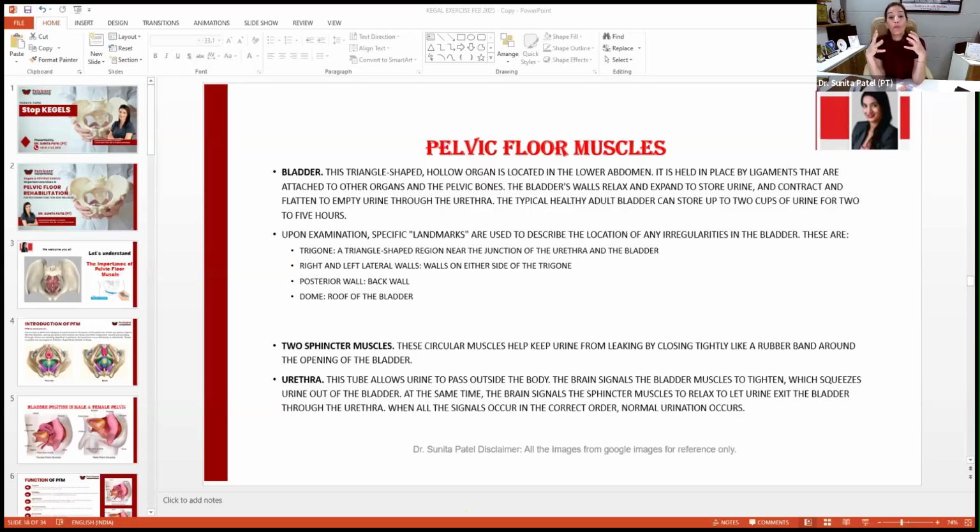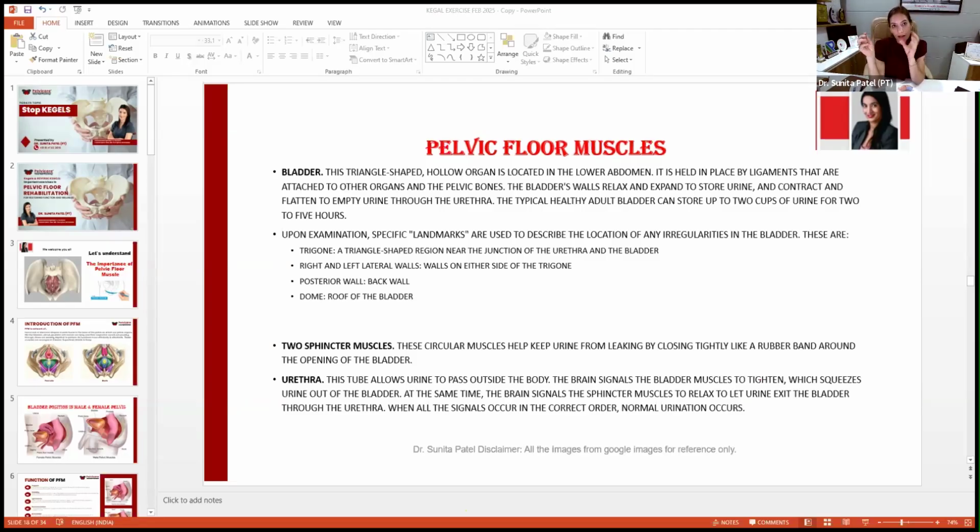Urge means the muscle around the bladder, the detrusor muscle, the middle layer of the bladder, gets a sudden contraction. So when this detrusor, which is the organ itself, is squeezing, the pressure is increased, and then you are having leakage. So this urgency, like I have an urge to urinate, means neurogenic bladder. The patient has a bladder where the nerves which supply the bladder are not functional.